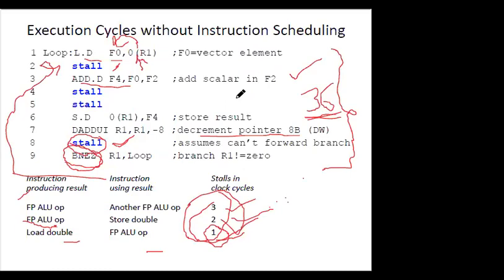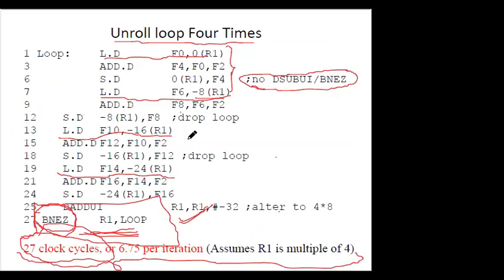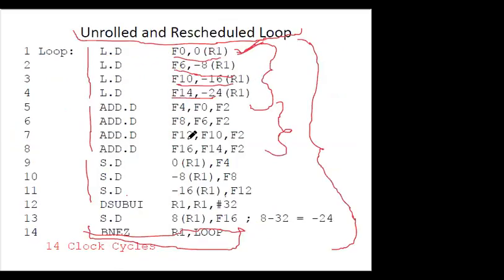This was the original loop that was executing. But since there were stalls involved and we need to reduce the clock cycles of the stalls, what we did was unroll the loop 4 times. Then after unrolling, we rescheduled this loop according to our requirement. So these were executing in sequence, whereas the stalls involved were reduced.